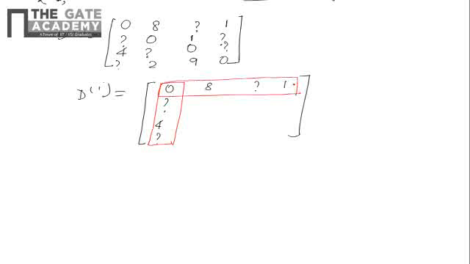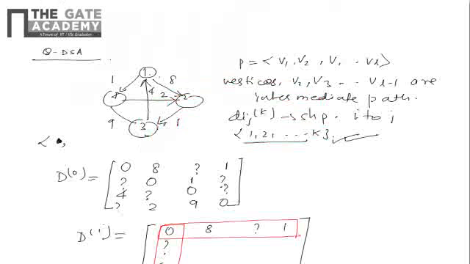Now check the other one. Okay, come to the graph. Now we have from 2 to 2. 2 to 2 will be 0 only always. Now 2 to 3. Okay, 2 to 3 is 1. That is already a smallest value. Now 2 to 4. Okay, so 2 to 4 still you cannot define it. So this will be infinity.